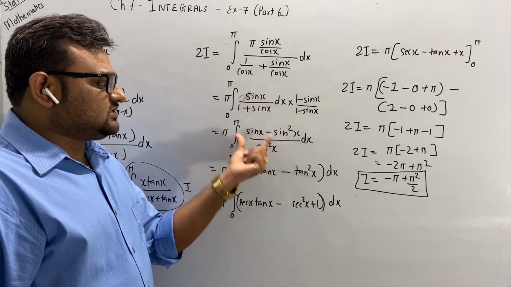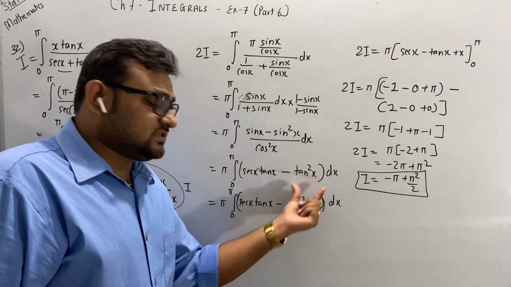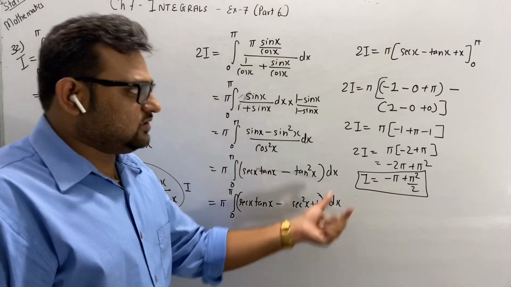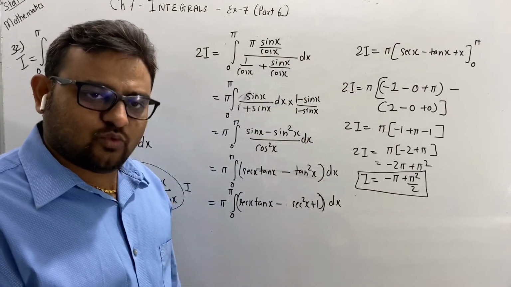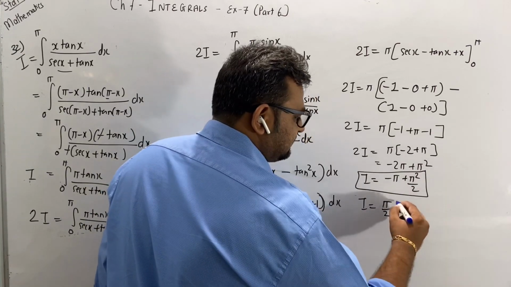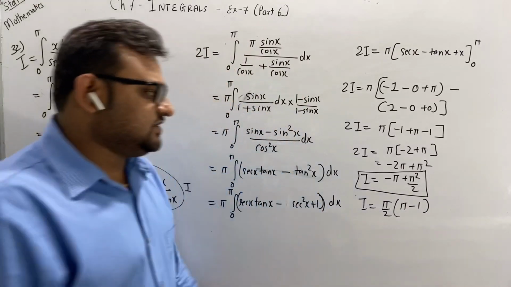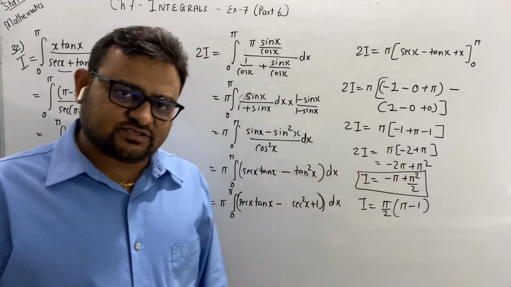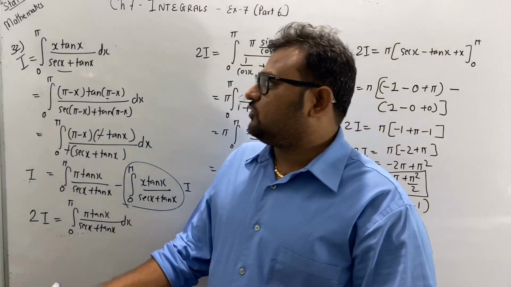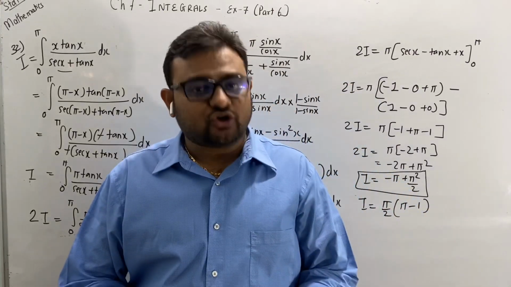So then I got this, separated it, sec x tan x, I know the integral, tan square x converted into sec square x minus 1, as it is minus, so minus sec square x plus 1. Integrate it and put down the value. I can also write down in this way. I can take pi by 2 common, then this will be plus pi minus 1, right? Instead of this I can also use this answer. Okay, so again this is also even an important question. It can be also asked in 4 mark. Okay, so just go through question number 32.